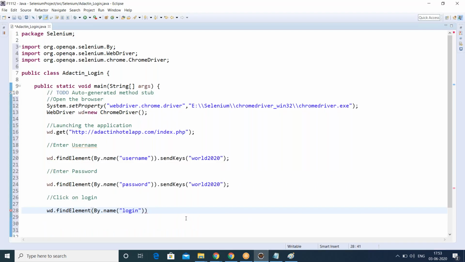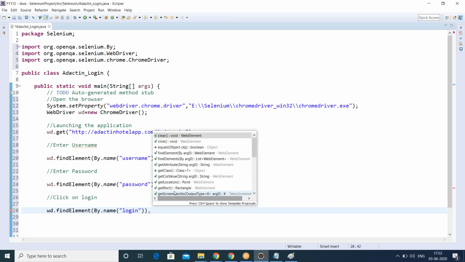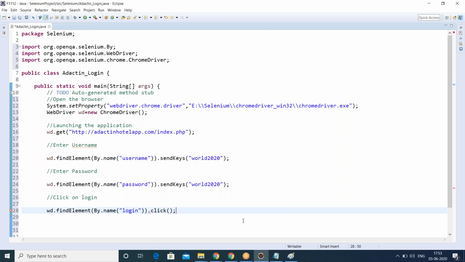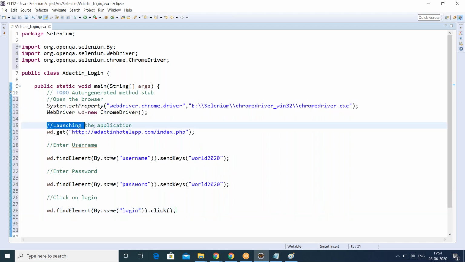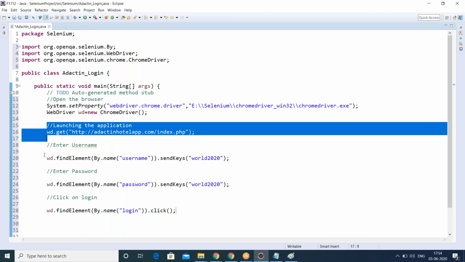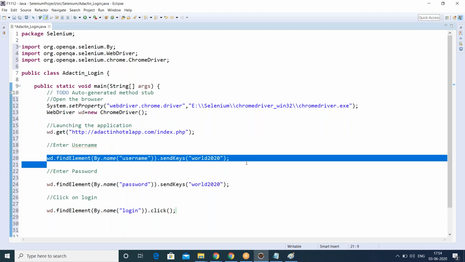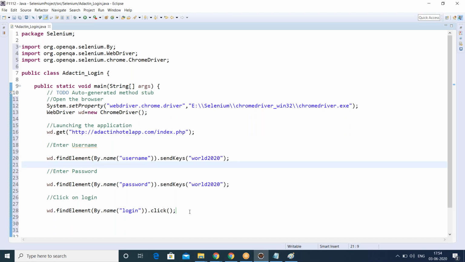In case of a text box, we are using the sendKeys method to give an input. In case of buttons, if you come across buttons like login, submit, reset, search, you're supposed to use click. That's it. So in today's session, we discussed how to open the browser, how to launch the application, how to handle text boxes, and how to handle buttons.